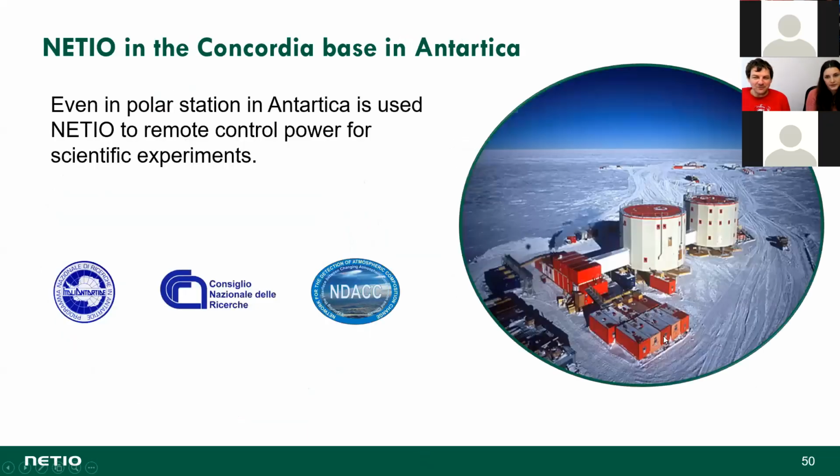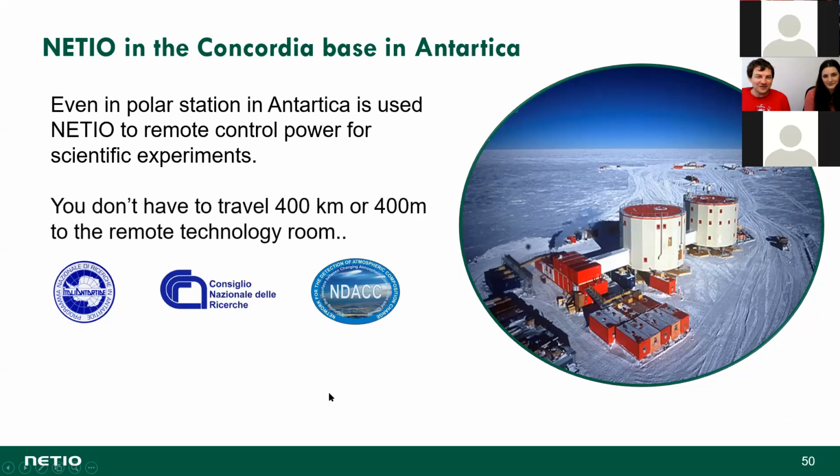Next case is my favorite one, the Concordia base in Antarctica, and we are close to the Christmas tree in the garden, because this is exactly the same case. The Italian researchers are living in these two big buildings, but their technology is far away, as you can see, they said 400 meters. But sometimes in the weather when everything is foggy and windy and you can see for half a meter, it's quite complicated to go there 400 meters to switch on something. So basically, you don't have to travel neither 400 kilometers nor 400 meters sometimes